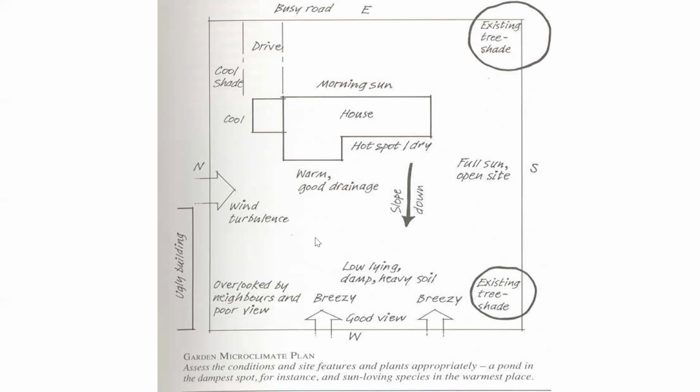Okay, now after you've done all this analysis, you'll have a drawing like this, where you say, okay, here there is a low-lying area, there are heavy soils. Maybe you've already analyzed the soils here. Then here you say, okay, this side there's strong wind. Then you mark it and say, yeah, this is a driveway, there's strong wind here. Here this place is warm and has good soil drainage. Here there's full sun and open. It's a full sun and open side. You make all these notes,